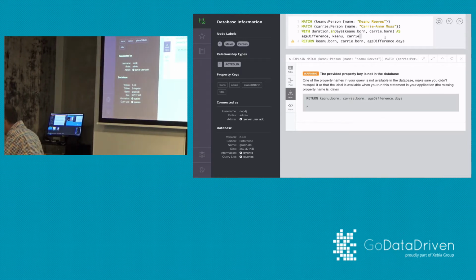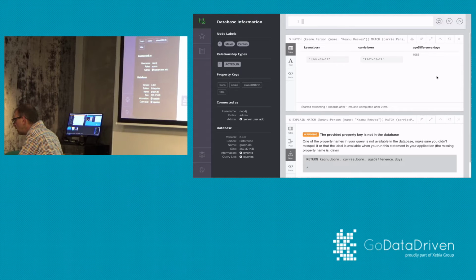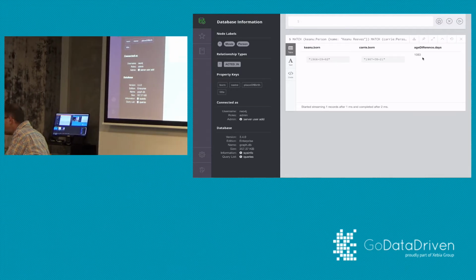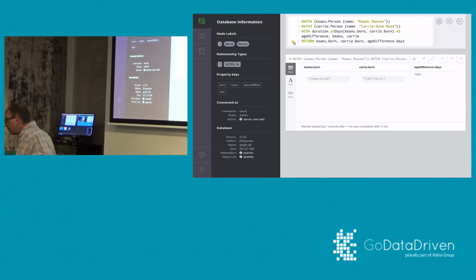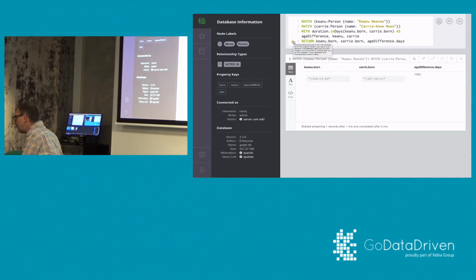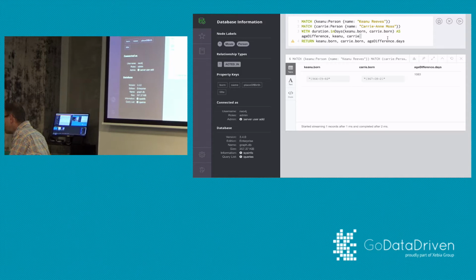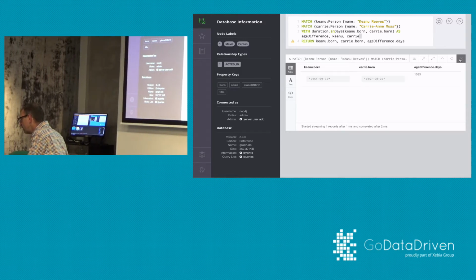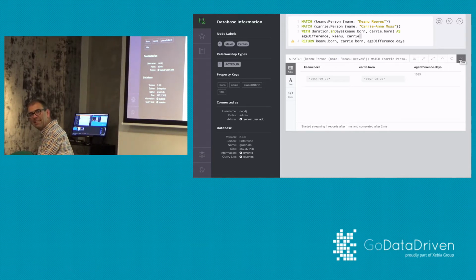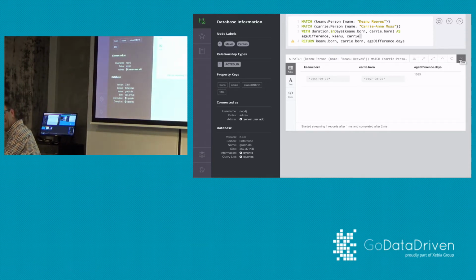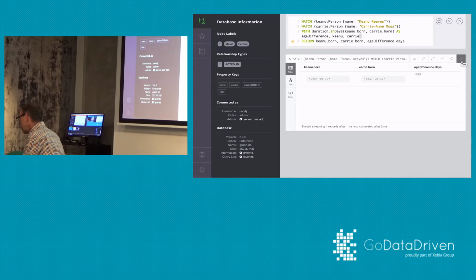He tried to resolve it as a label or a relationship. I don't know why that is. The query works fine. I think there's no property called days. Yeah. The syntax checker is sometimes overactive. So it works fine. I think there might be a little bit of a glitch there, but it's a false positive.